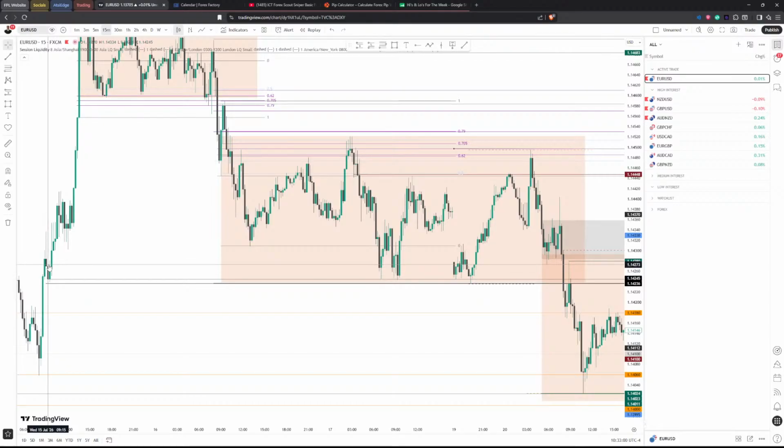So we've written down that we then have a pullback into a new dealing range, which is the parameters, I should say, which parameters is of the order block created in previous partial distribution, which was referring to this partial distribution here. This is the order block here, swing high, and we put that in brackets.